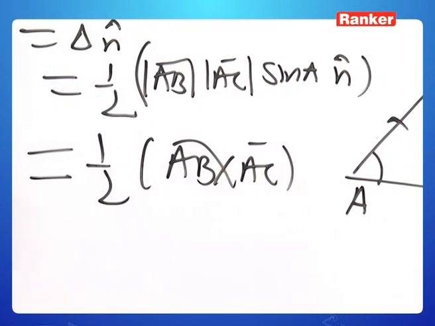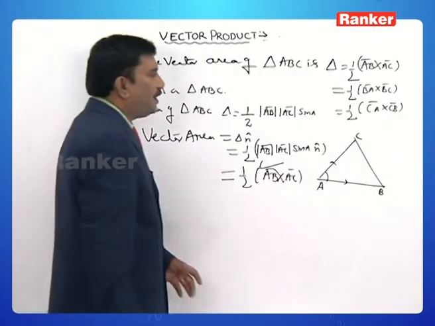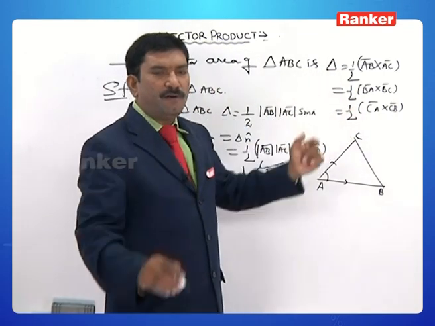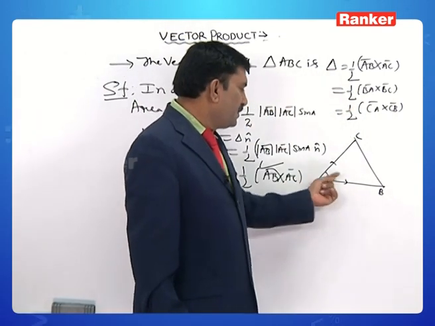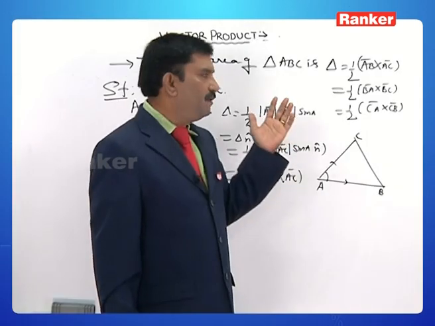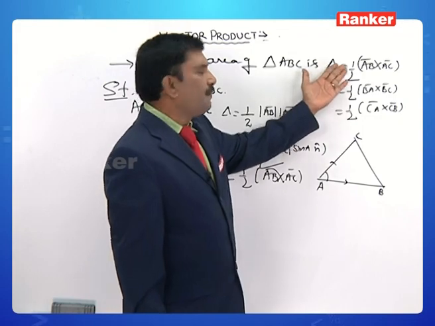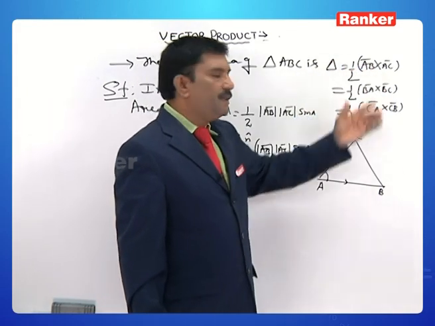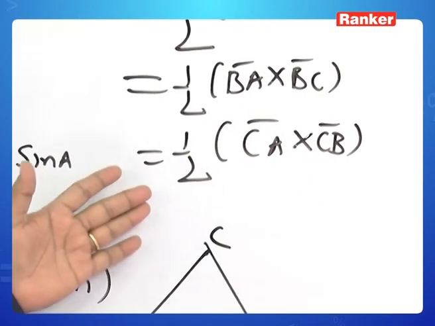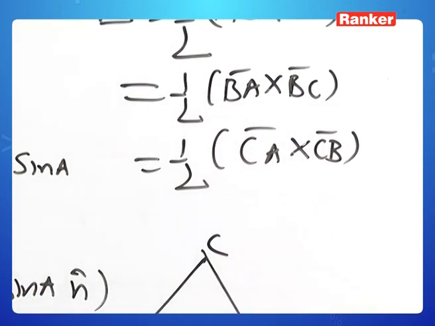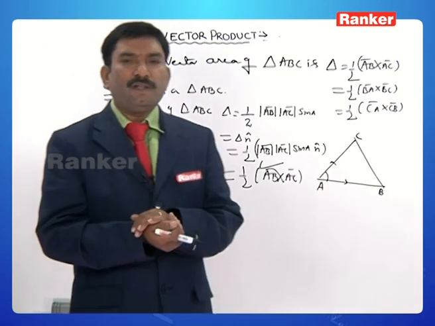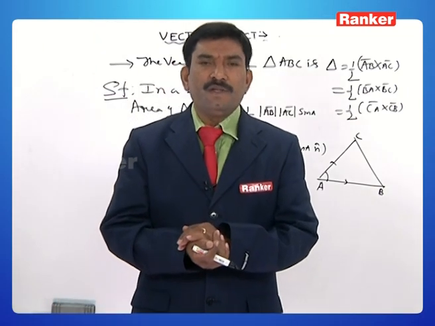So therefore, in a similar fashion, we can also find the area of the triangle formed by the sides BA and BC, similarly CA and CB. Delta is equal to half into AB bar cross AC bar, half into BA bar cross BC bar, half into CA bar cross CB bar. These formulas represent the vector area of a triangle